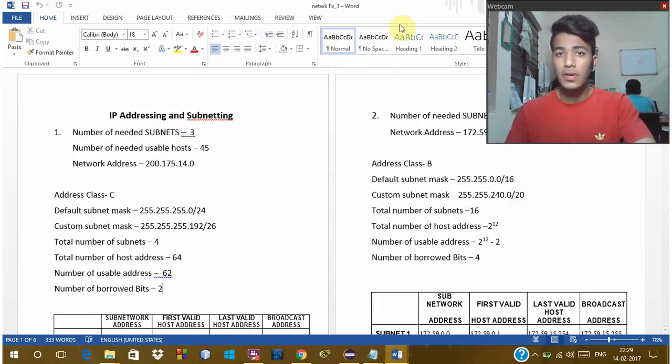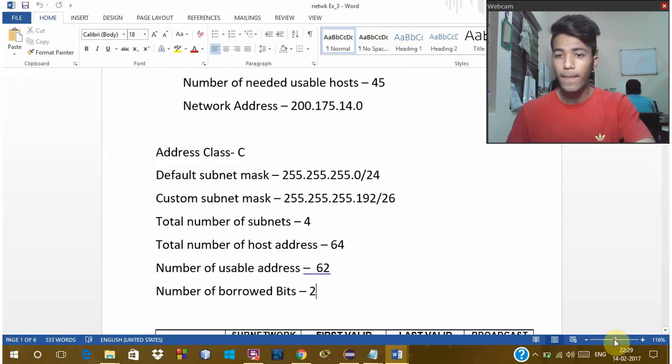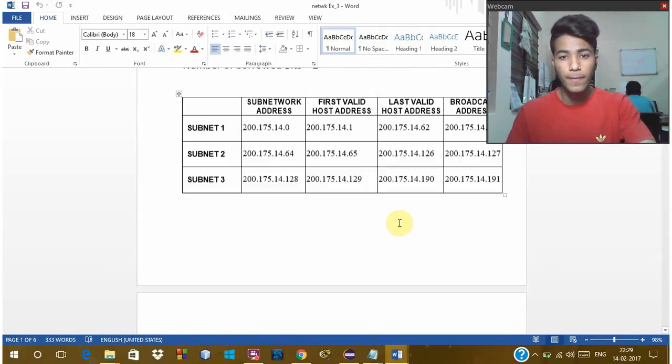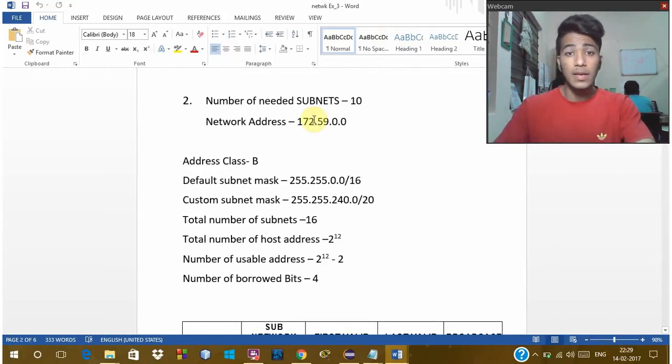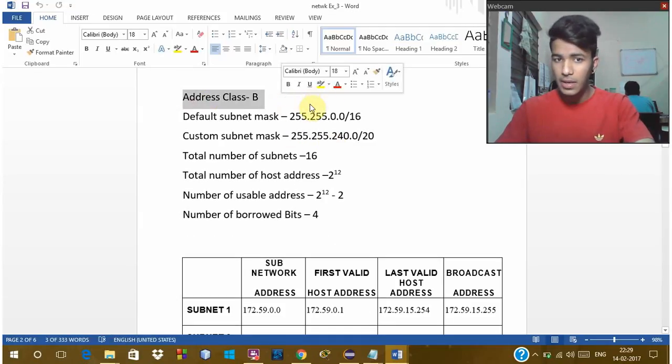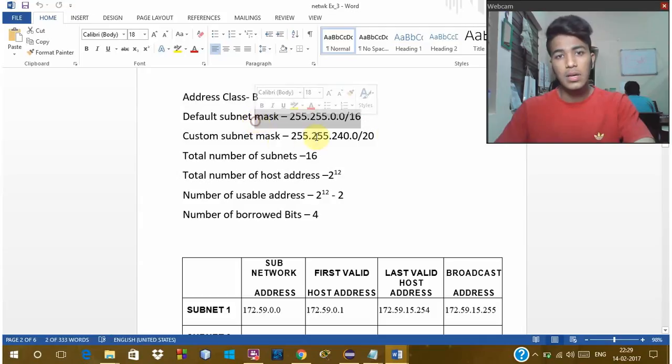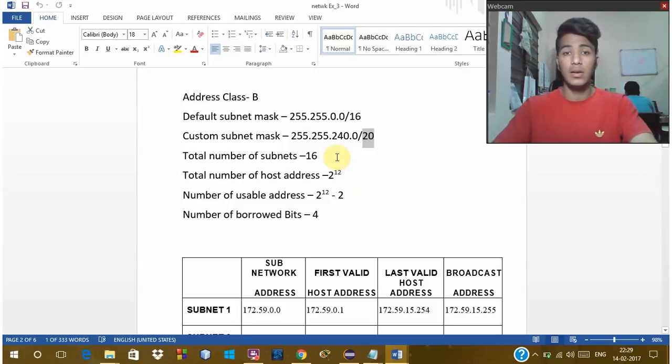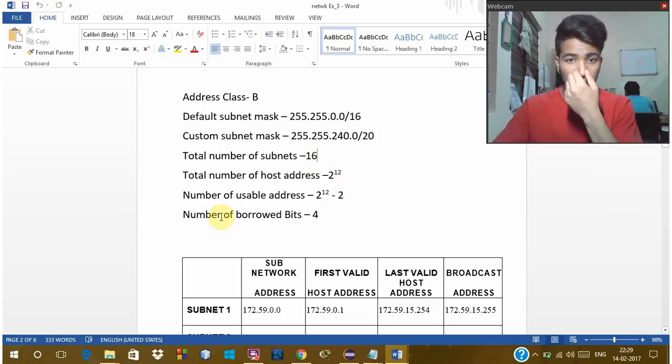The same is done for the second question also. So here we are provided with the network address of 172.59.0.0. Now according to this question we have to classify the address class, which is B, the default subnet mask, and the custom mask after the bits are borrowed, making the first 20 bits 1 and calculating the subnet mask. Then total number of subnets is 16, total number of host addresses is 2^12, and the number usable